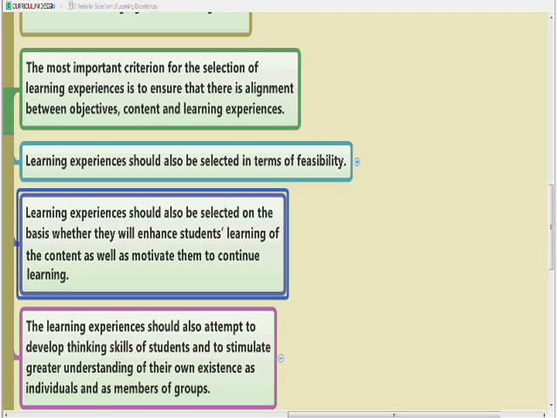Learning experiences should be selected on the basis of whether they will ensure students' learning of the content as well as motivate them to continue learning. Now, this is really, really important. Particularly, I teach a very boring subject called mathematics. The idea is we can focus on learning, but we don't focus on continuity of learning. See, every lesson or every idea should be left dangling in a funny way that lures you to want to go on. So when you organize content, you should always say, well, when you come back next week, this is what we're going to do, or well, the next chapter will go in depth on this,